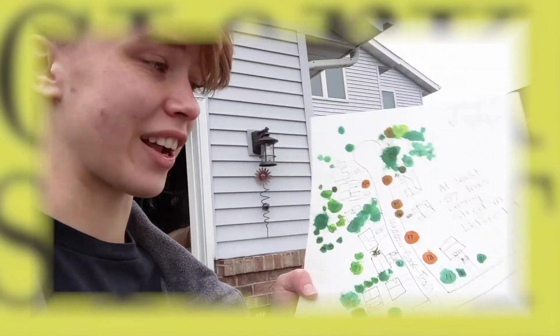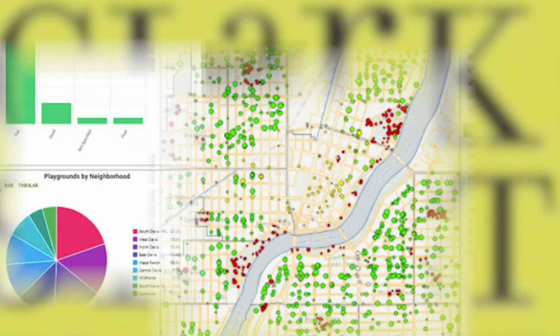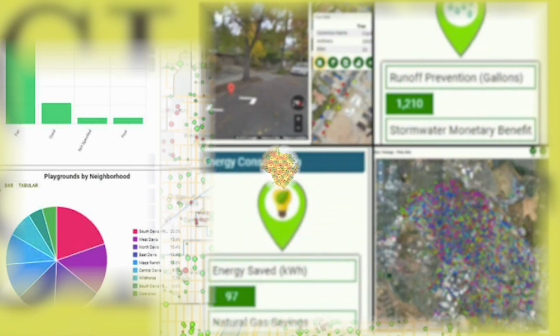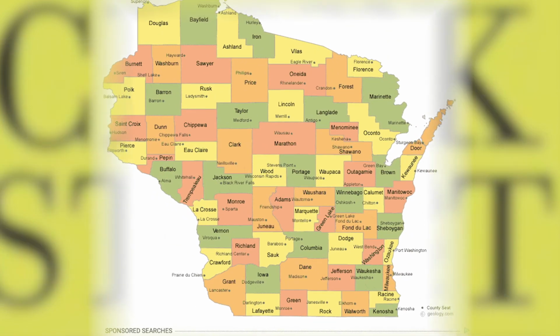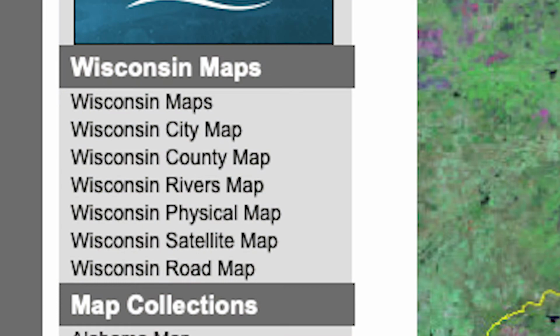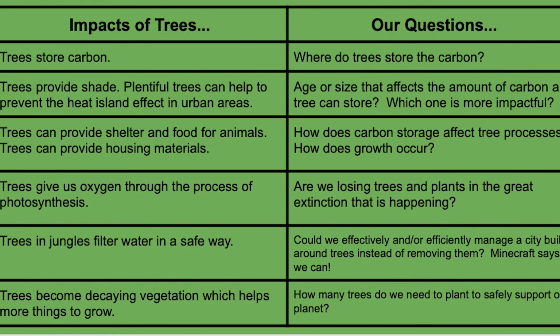Students do a physical survey of their own neighborhoods, so they go outside and they look at the kinds of trees and the amount of trees that they have in their neighborhoods and come up with a percentage of tree cover. And they extend that personal data with tools like the Tree Plotter Inventory, which is a free tool that tells you about trees around the state of Wisconsin. And then they use the Madison Tree Street Map that can tell you about Madison local neighborhoods and their tree